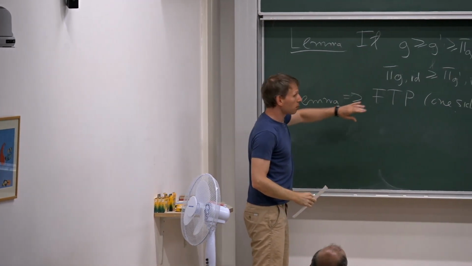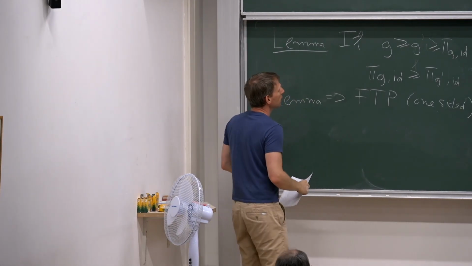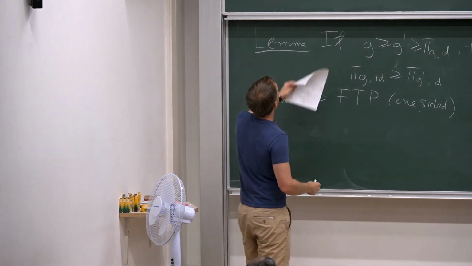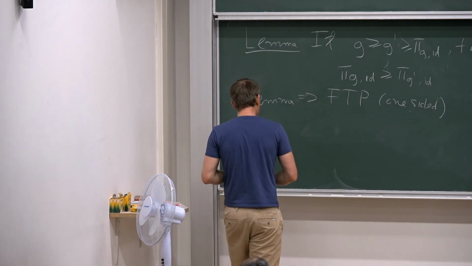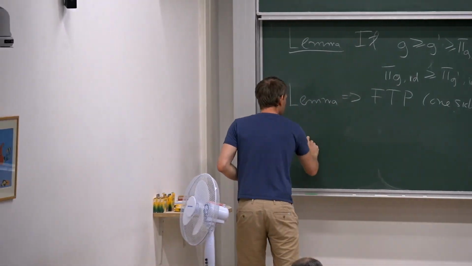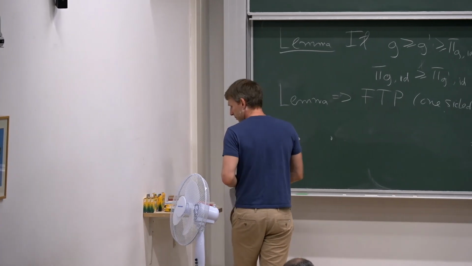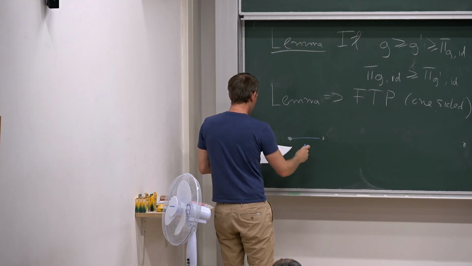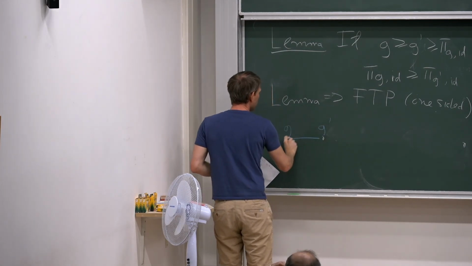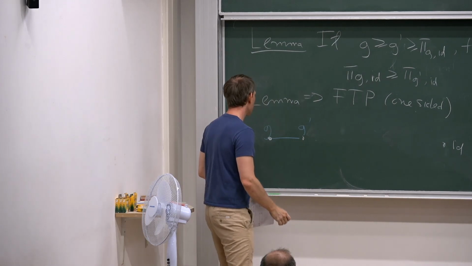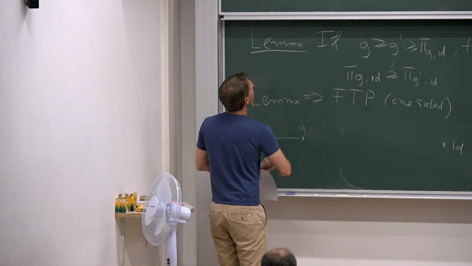So how does this lemma imply the fellow traveler property? So I told you that one-sided fellow traveler property happens when you have the identity vertex, and then you have two neighbors. And let's assume without loss of generality that G prime is closer to identity than G. One of them has to be closer since the Cayley graph is bipartite. And now